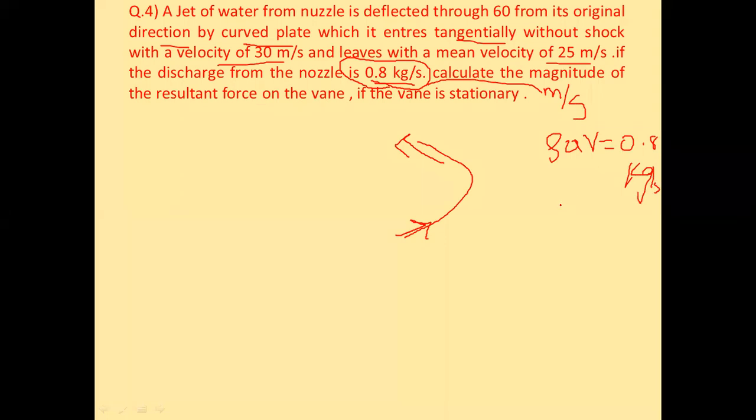Okay, and we have to find out, initial velocity and final velocity are given to us. Now here the initial velocity is different and the final velocity is different. Okay, so what we are going to assume here is that there is some amount of loss of energy. We will consider initial velocity as 30 meter per second and final velocity as 25 meter per second, and we'll solve this numerical. Now this numerical will almost take 10 minutes to solve. So I think we'll solve this numerical in the next lecture. I have already sent you the notes of the numerical. You can try the numerical yourself if you want.